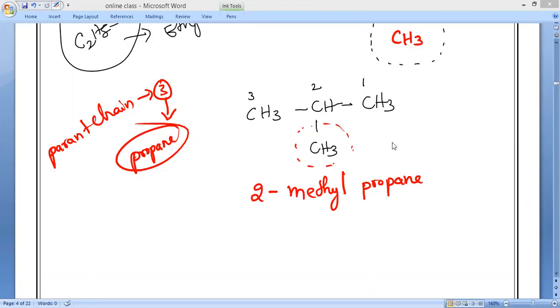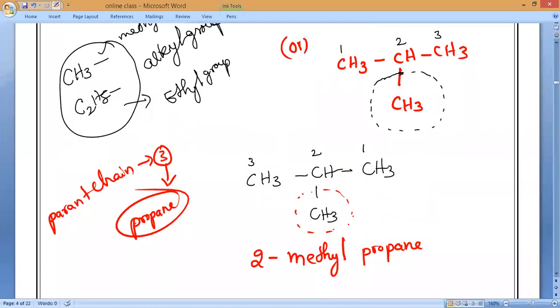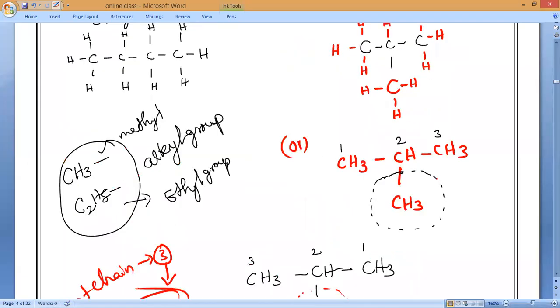Okay, once it is over, the meeting is going to end. Join back and we'll write some more compounds so that we get an idea of how to name them. Two rules you have to remember. First, you have to find the alkyl group and for which carbon it is there. Second rule, the branched carbon always must get the lowest